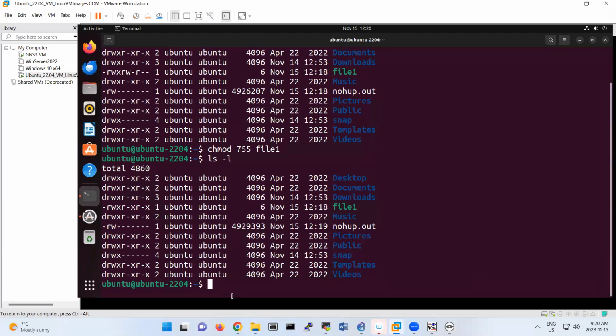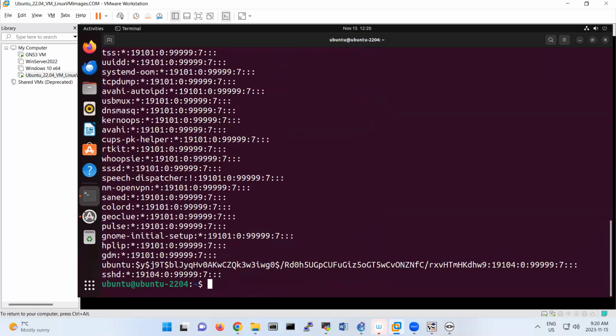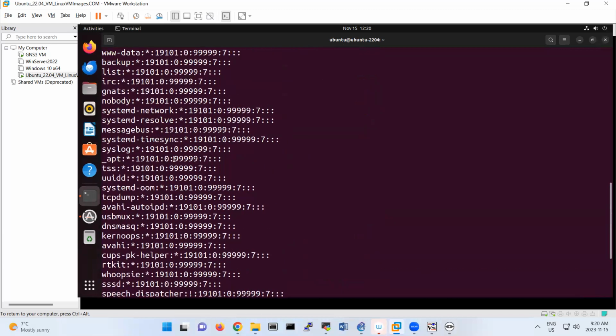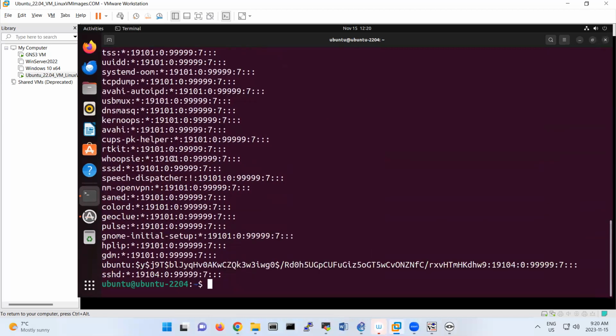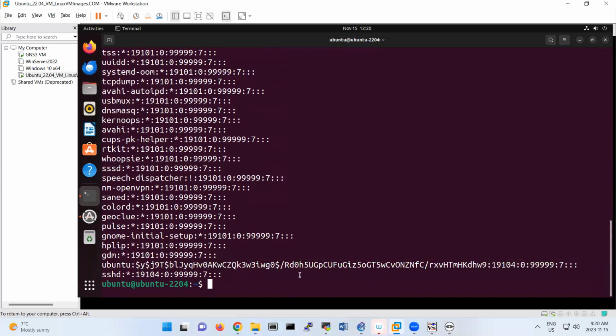Look at some important files. Let's go, sudo cat /etc/shadow. This file is important because it contains the user credentials, like the password. The Ubuntu password is exactly here. If I do ls -l /etc/shadow,